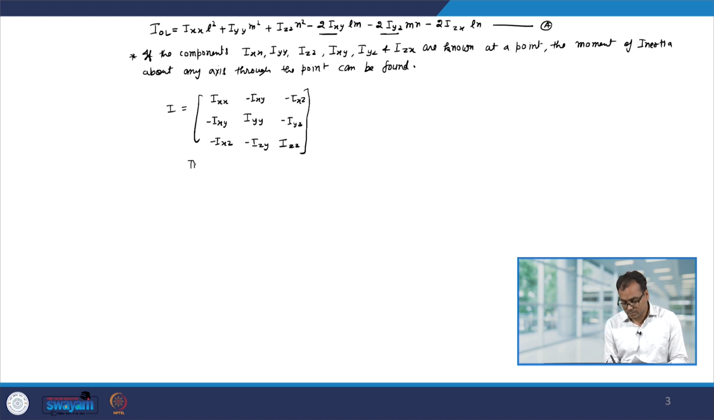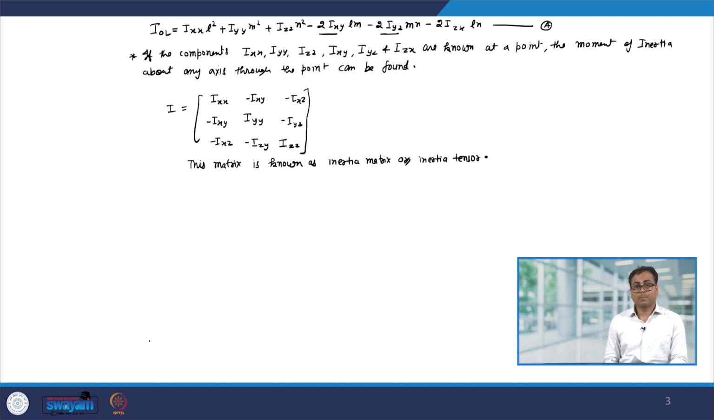Now, this matrix is known as the inertia matrix or the inertia tensor. Okay. Before we discuss further, let us look at the product of inertia, and let me say that the calculation of the product of inertia is similar to the moment of inertia calculation, and also the parallel axis theorem holds here. So, let me show you the parallel axis theorem